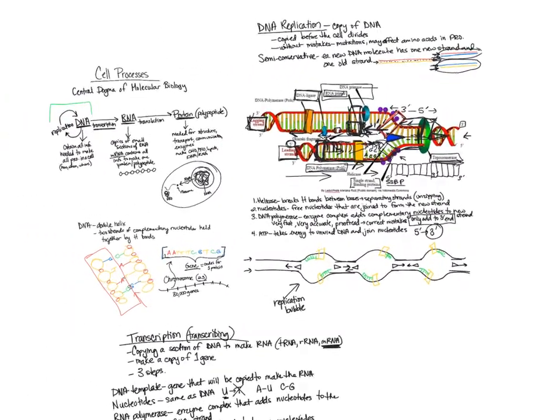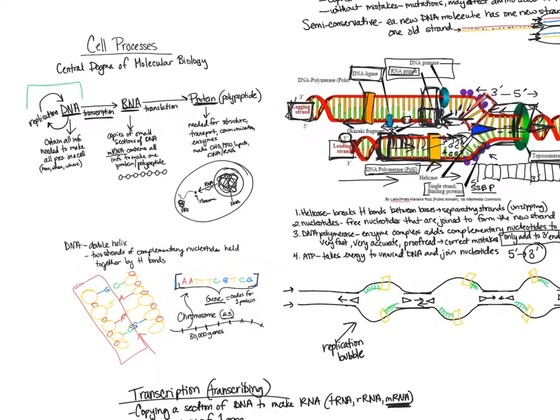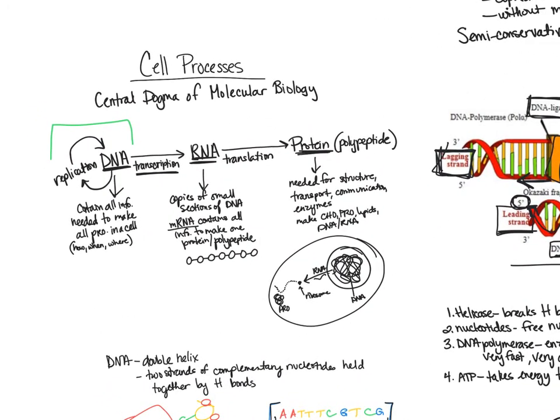We talked about DNA replication. Remember, DNA replication is when we want to make a copy of the cell. We're going to duplicate the cell. So we have to go through the process of making an exact copy of DNA. We don't want any mutations, so that one copy can go into the new cell, one copy can stay in the original cell. We talked about our flow of information, so going from DNA to RNA to a protein.